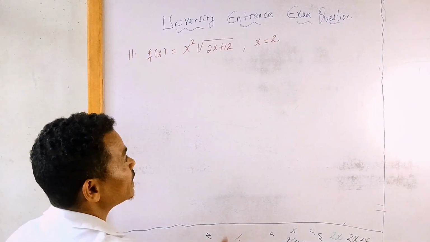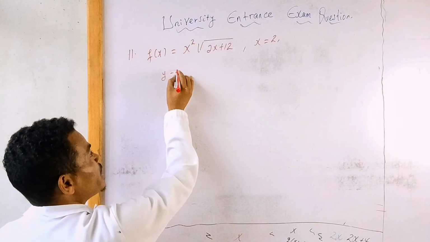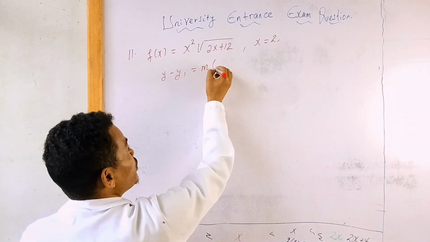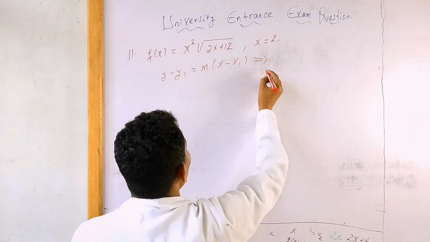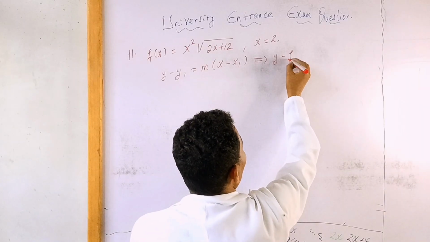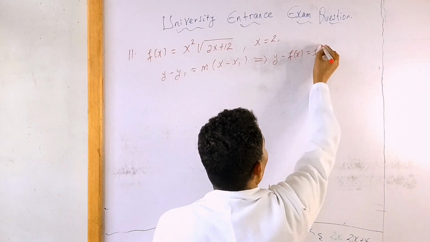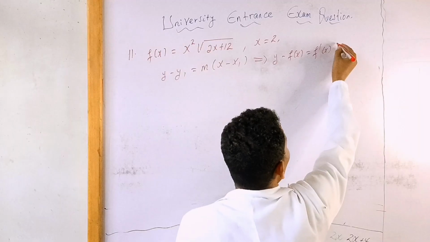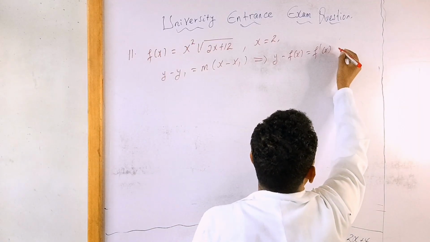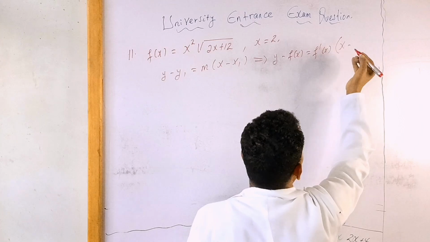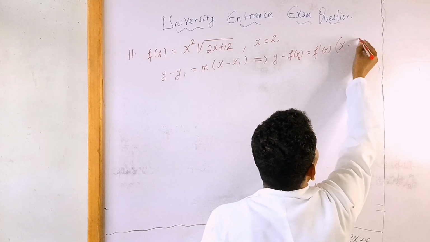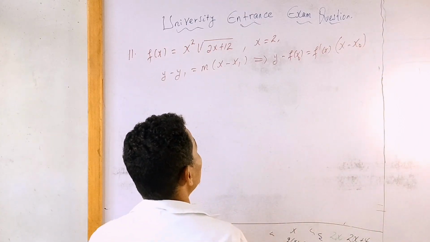So the equation of tangent line formula is y minus y1 is equal to m into x minus x1. ወይም ደግሞ መጠቀም እንችላለን y minus f of x naught is equal to f derivative of x naught into x minus x naught ማለት ነው።